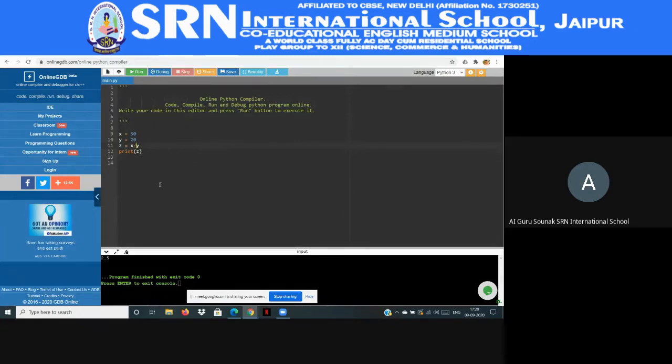Just remember, 50 divided by 20 gives me 2.5. So when I use the operator for mod, in programming languages we use the percentage operator for modulus. Now let's see the output. The previous output is 2.5, that is for division. Now this is also a division, but in a modular form. So let's see what happened.